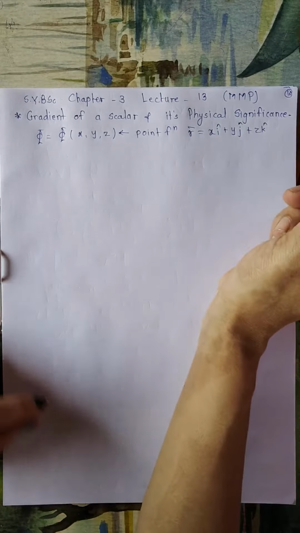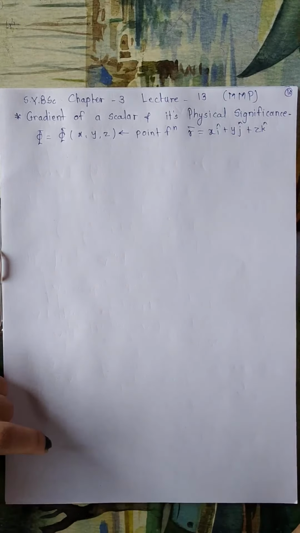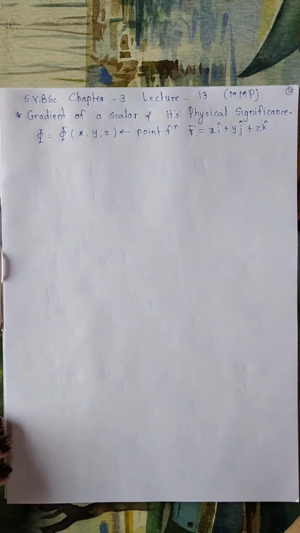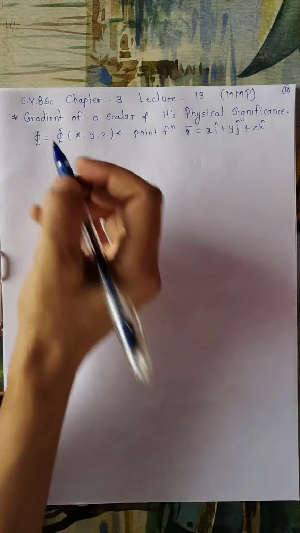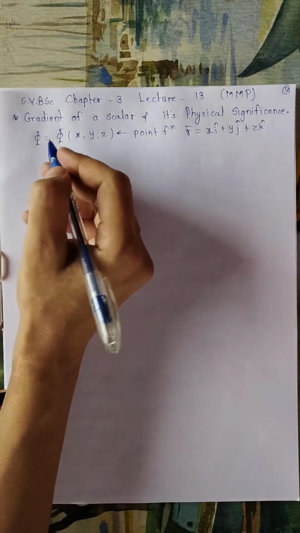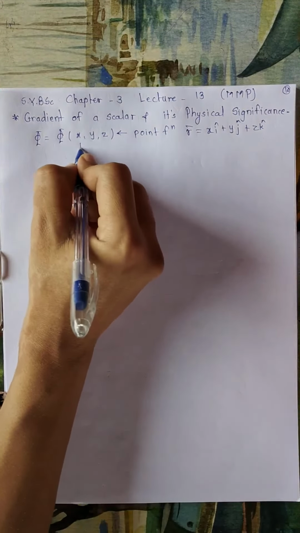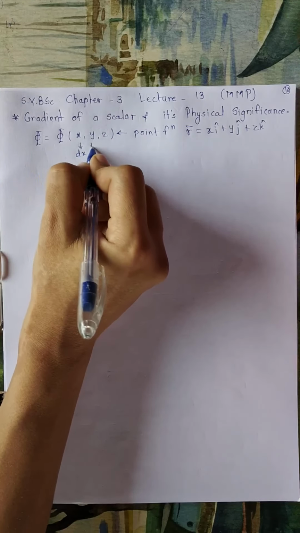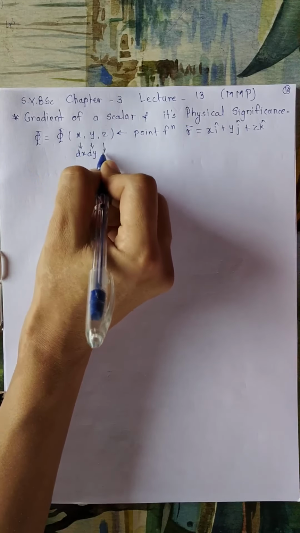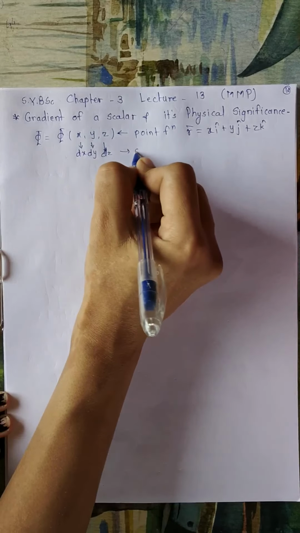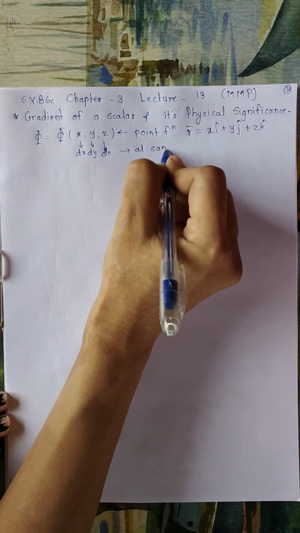This you already know. This we have already discussed. So the total differential of this phi, due to infinitesimal increments in x as dx, in y as dy and in z as dz at the same instant of time,